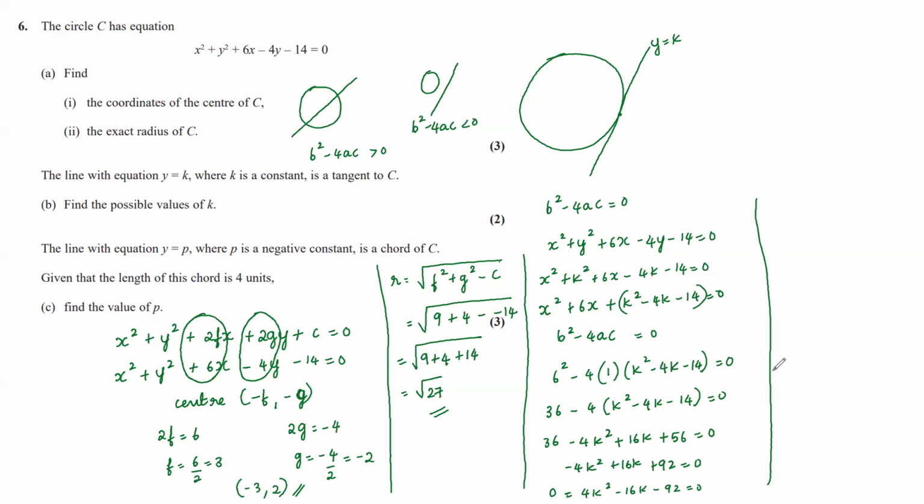Minus b plus or minus root of b square minus 4ac divided by 2a. So here my a value is 4, b value is minus 16, and c value is minus 92. We will get the value for k as 2 plus 3 root 3 and 2 minus 3 root 3. So this will be the value for k. So b part is also done. This was b part, and this was a